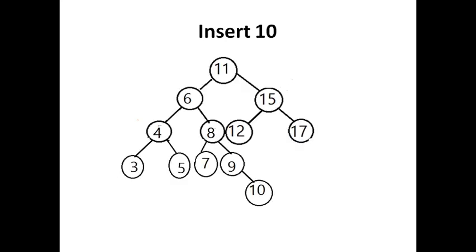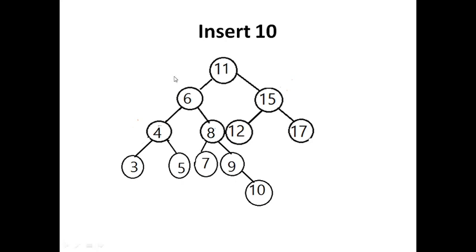But now the question is, is it balanced now? I guess it is not balanced. If you calculate 1, 2, 3, 4, there are 4 branches here, but there are only 2 branches in the right subtree. So it is not balanced. The next question is, what type of unbalancing? We have a problem of left of right, because the problem is in the left subtree of the root, but internally it is a problem in the right subtree. So it is left of right, and we have to first convert it into a left of left problem.